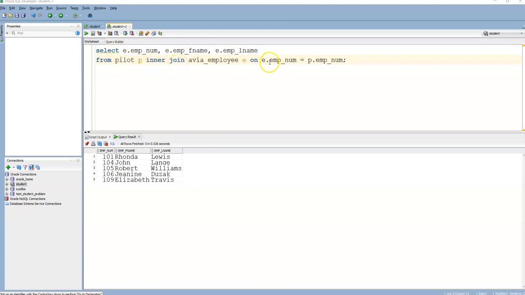But the problem is we still need some of this data from the pilot table, which I don't have listed up here, like the license and stuff, if it is a pilot. So you can't just do this too. Like I want all the employees, even if they're not pilots. So you can't do just this, because now if the employee